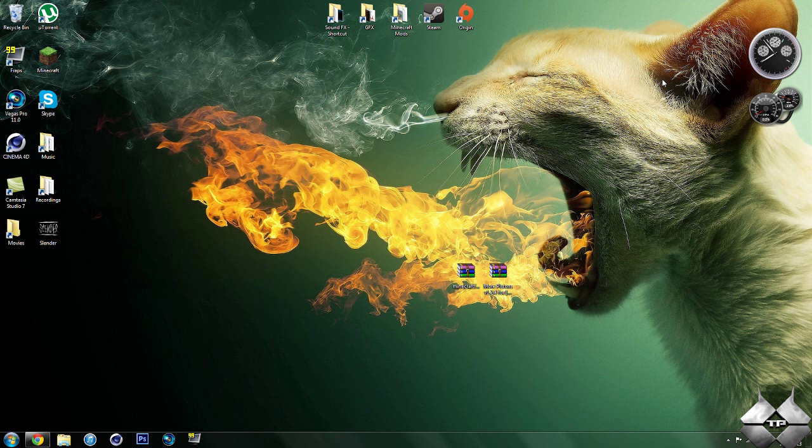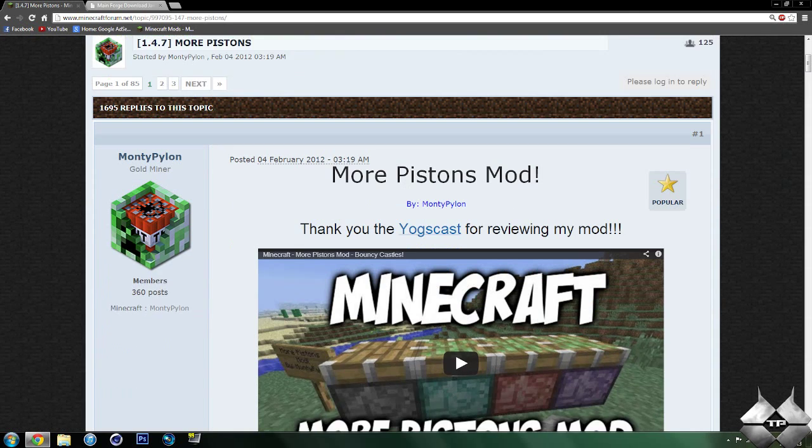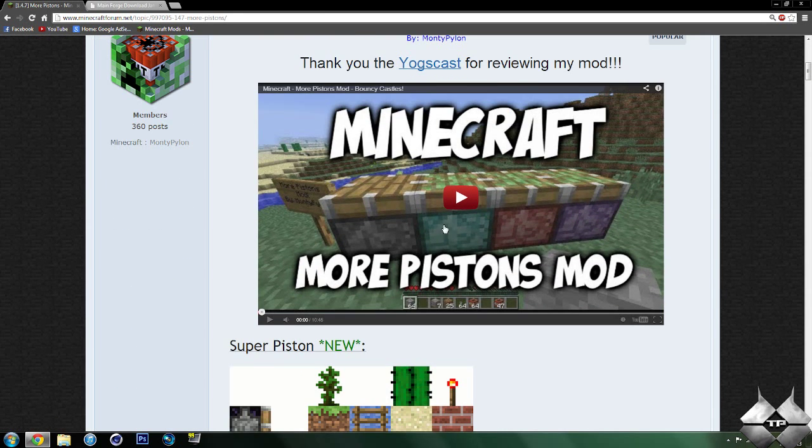However, I will be using WinRAR in this tutorial. You will then need to download Minecraft Forge and the More Pistons mod itself. So to get these 2 files, I'll go ahead and give you a link to these 2 pages in the description. So first off, for the More Pistons mod, if we go ahead and scroll down, you have a video